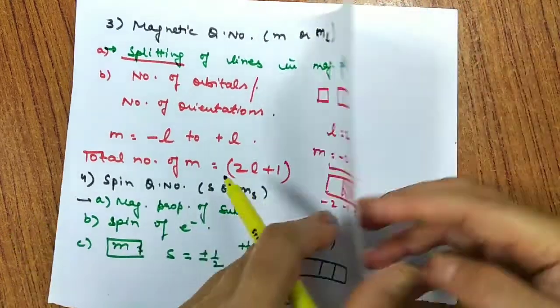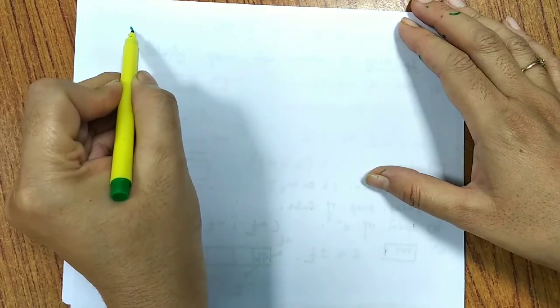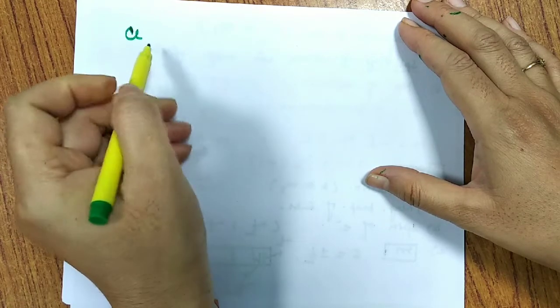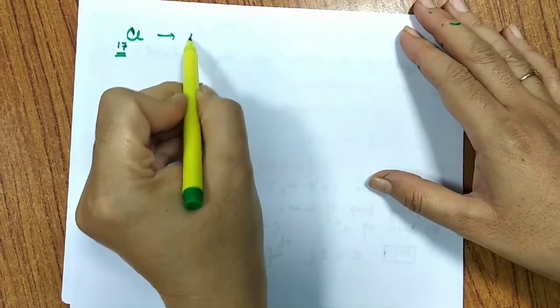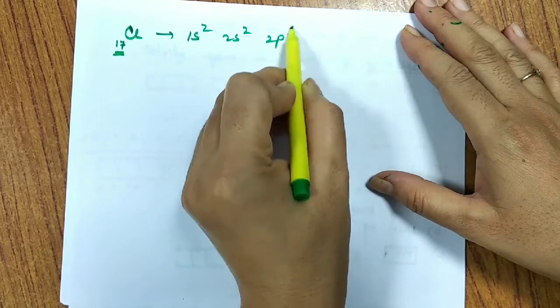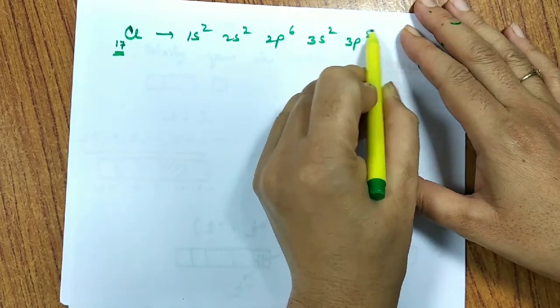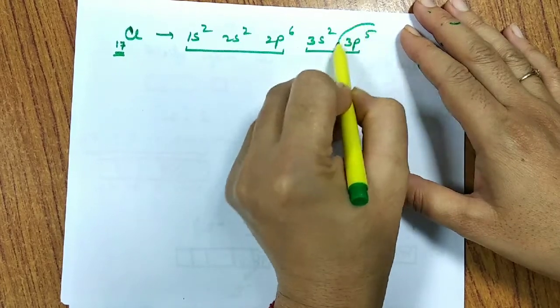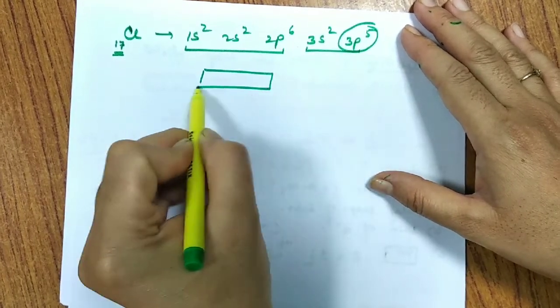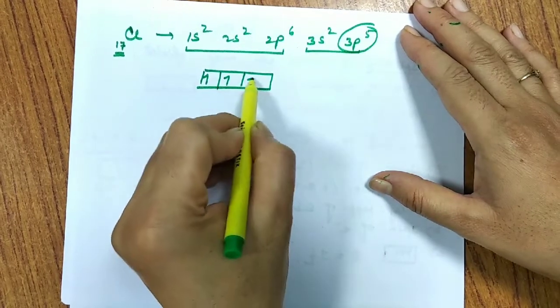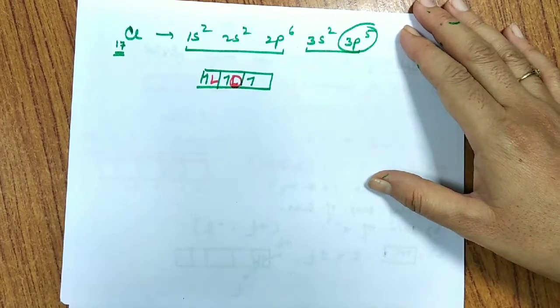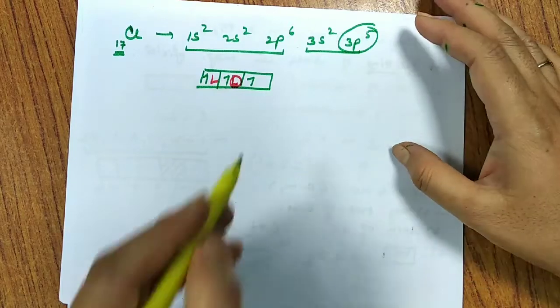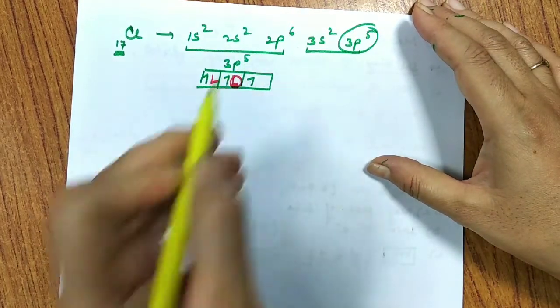Let us discuss one question and then I'll end this class. I would like to ask you the quantum number values of the last electron of chlorine. First of all, I should know the configuration of chlorine: 1s2, 2s2, 2p6, 3s2, 3p5. So 10 plus 7, 17. I would like to consider the fifth electron in the 3p orbital: 1, 2, 3, 4 and 5. I need to consider the location, or the address, of this fifth electron. So this is 3p5.